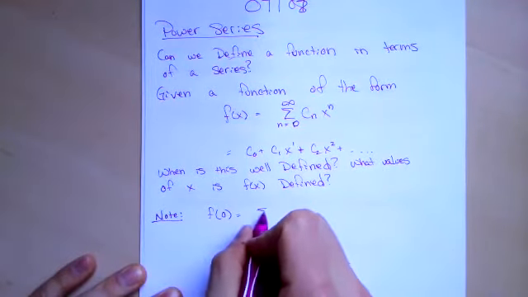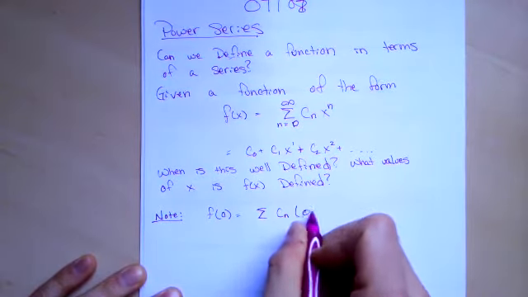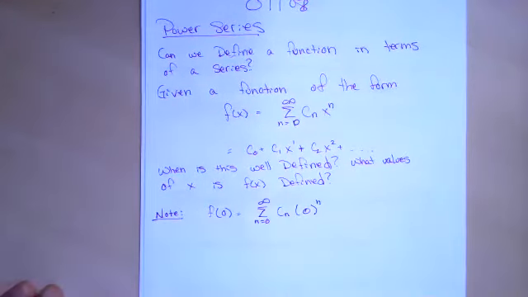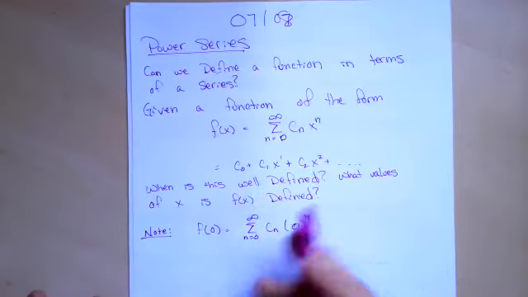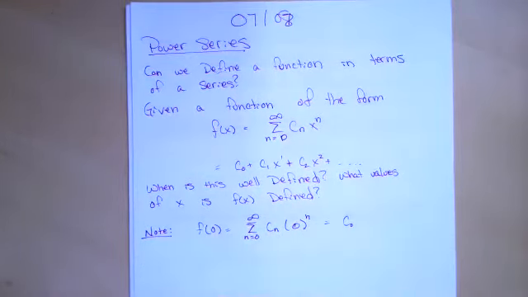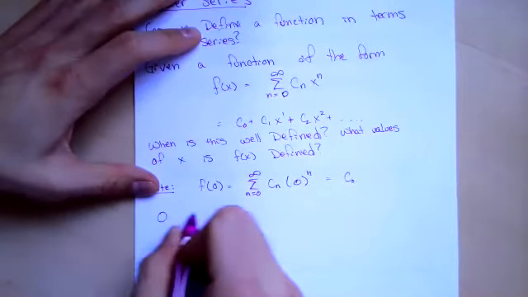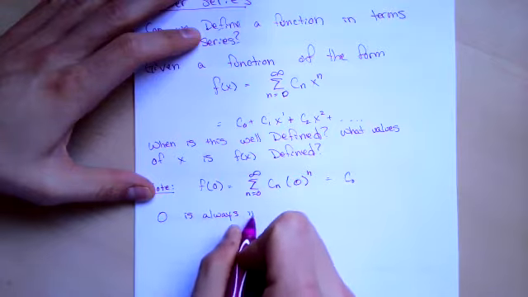Well, if I plug in 0 for all the x's here, we are just left with a constant term. So 0 is always in the domain